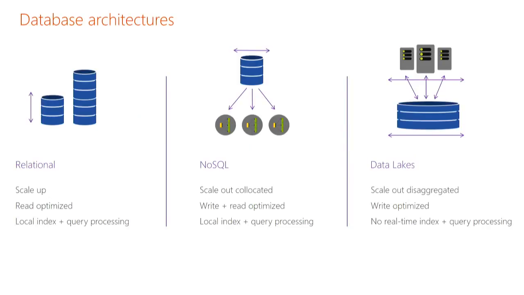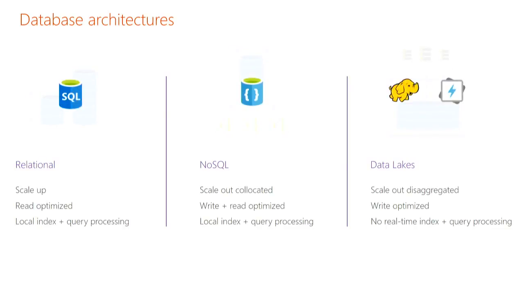And I'll tell you a little bit about how we view the world. At a high level, you can think of storage mechanisms in 3 different buckets. One is relational databases, NoSQL databases, and data lakes. If you ever go to Microsoft Azure's website and go to data, it's very confusing to navigate, right? There's a ton of things on there. So I'll tell you about what these 3 categories are about.